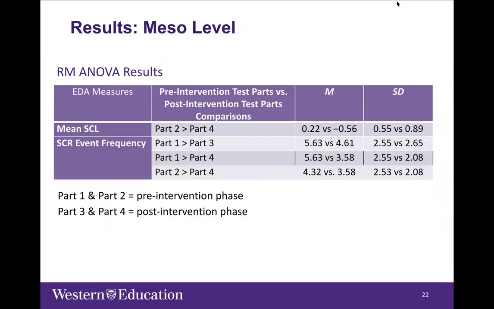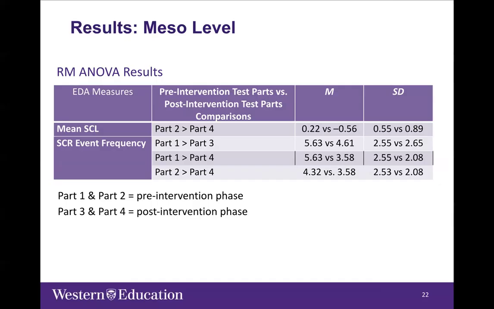Next is the meso-level analysis. Mean SCL differed across the 4 parts of the test with a large effect size. Part 2 had significantly higher mean SCL than Part 4. This suggests that arousal peaked midway through the test, possibly because of increased task demands or a gradual buildup of